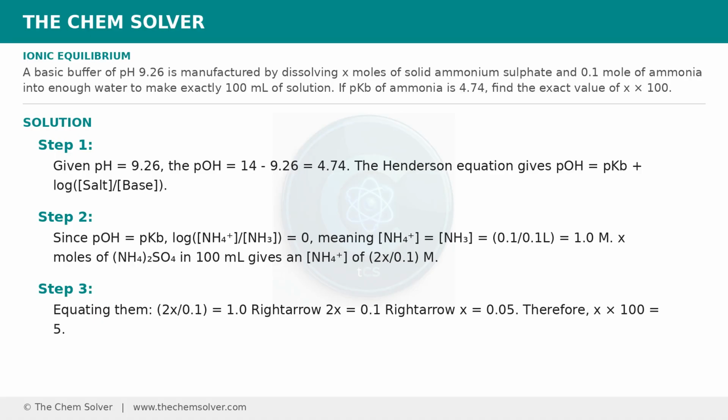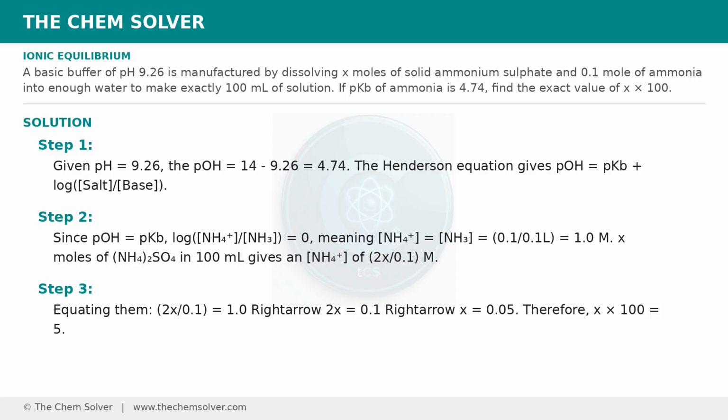Given pH equals 9.26, the pOH equals 14 minus 9.26 equals 4.74. The Henderson equation gives pOH equals pKb plus log of salt over base. Since pOH equals pKb, log of NH4+ over NH3 equals 0, meaning NH4+